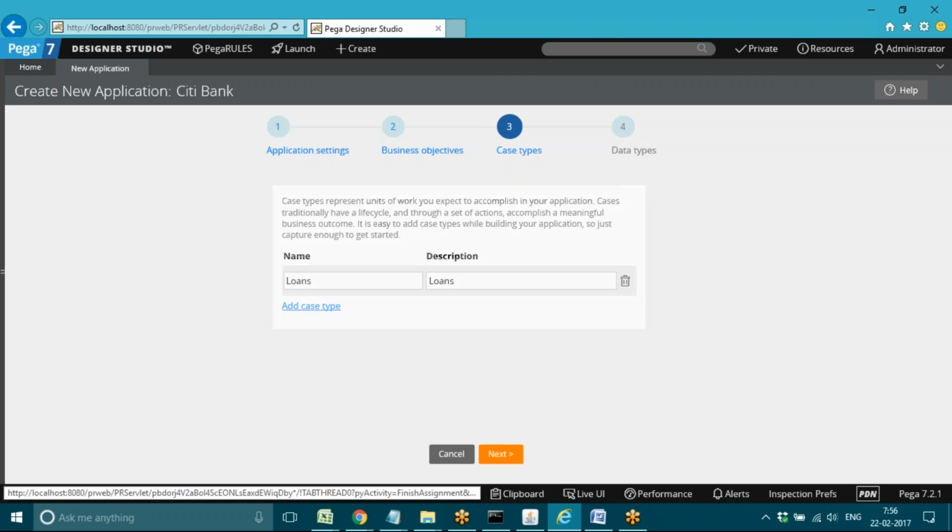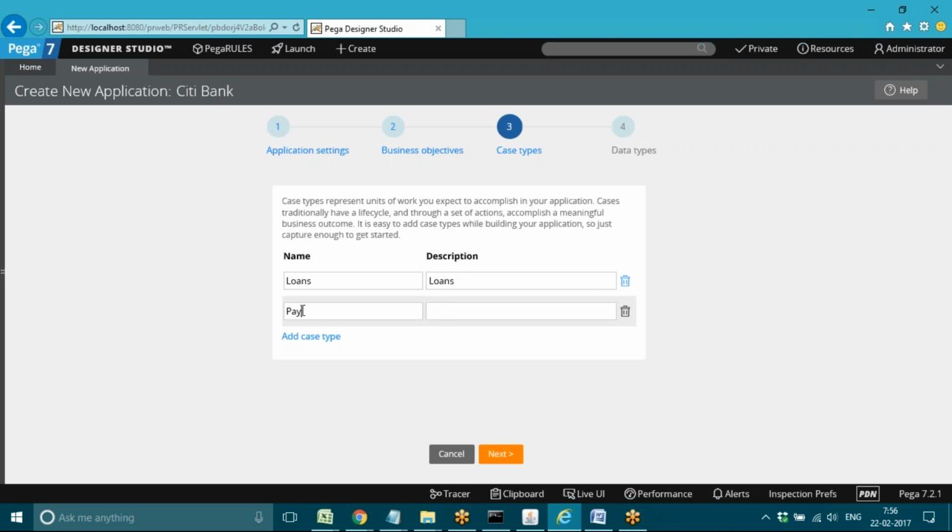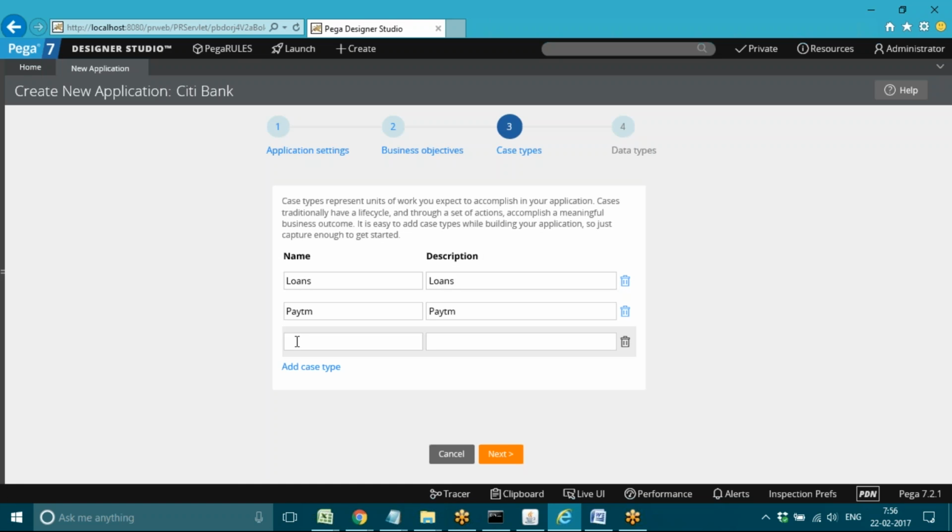I'm going to give two to three names. So Paytm I'm giving as one module, and for some sample exercises I'll give a module name as sample. So I'm taking three modules. If you want to enter manually also, later we can add manually. Right now it is this, but in real time, at the time of application setup only, they'll give